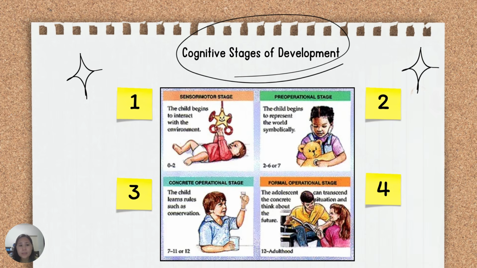But as we progress to the formal operational stage, that's the fourth stage, 12 years and up, that is during junior high school up to when we become adults. It is where abstract and hypothetical reasoning emerges. So, in junior high school, because they are still in transition from the concrete operational stage, visual aids are still very important in discussing lessons with students.